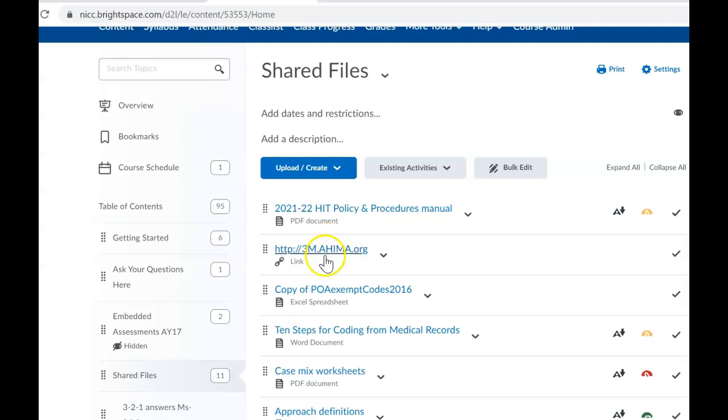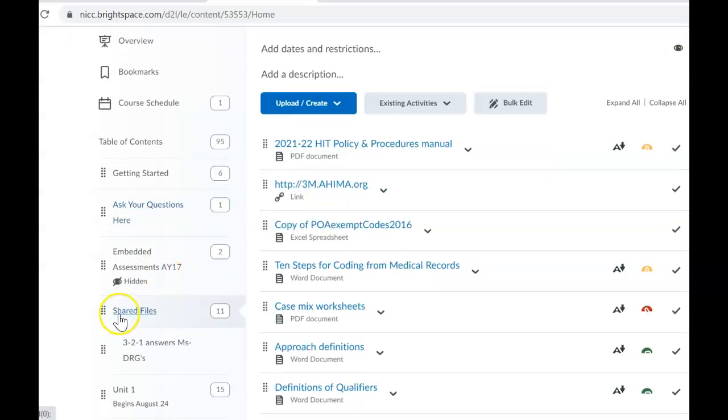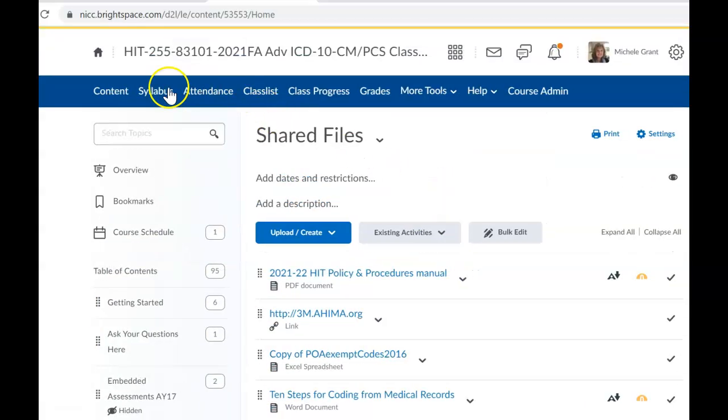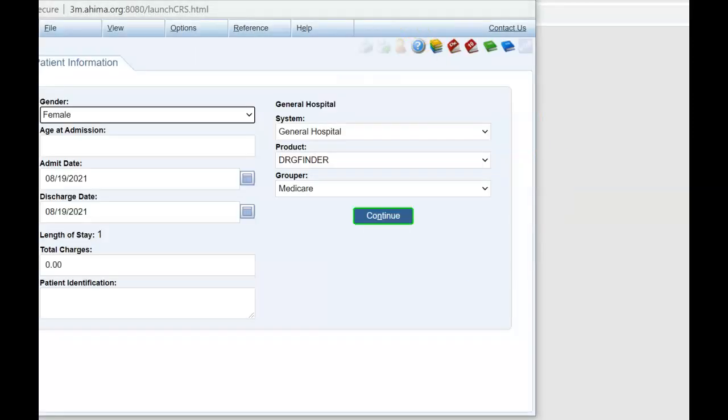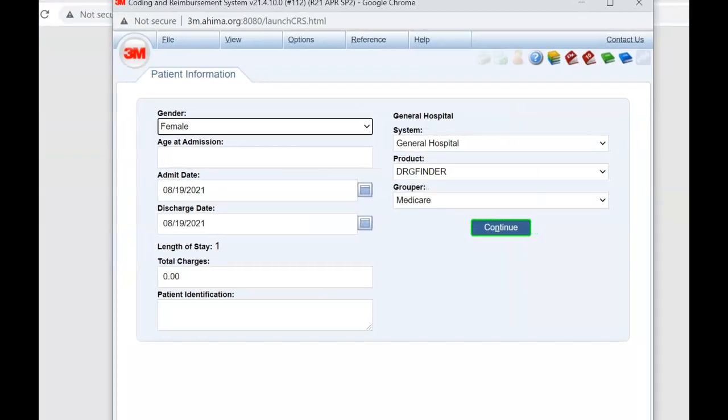In content here you will see we have the 3M ahima.org and I'm in shared files. So once again, content, shared files. I'm going to go ahead and click on to the 3M ahima.org. Okay, so once I'm here,